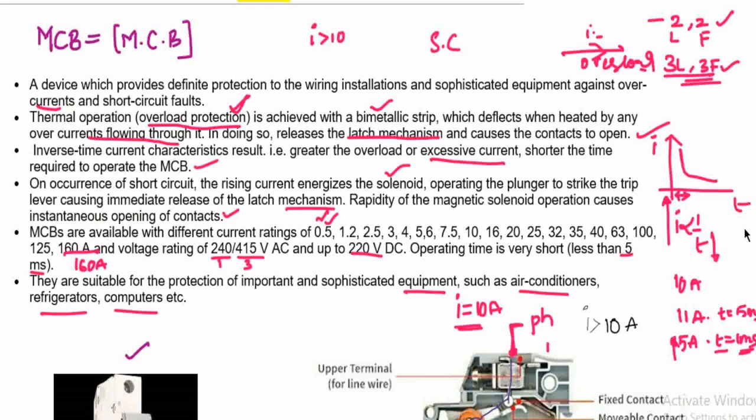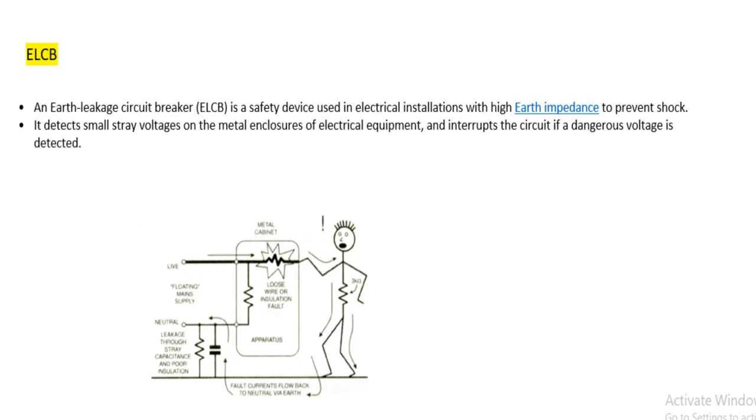We connect the MCB before any load. It can be an AC, it can be a TV, it can be a light, or it can be a fan. All these are protected by our miniature circuit breaker. This is the most used apparatus in our domestic supply. This is about the miniature circuit breaker.